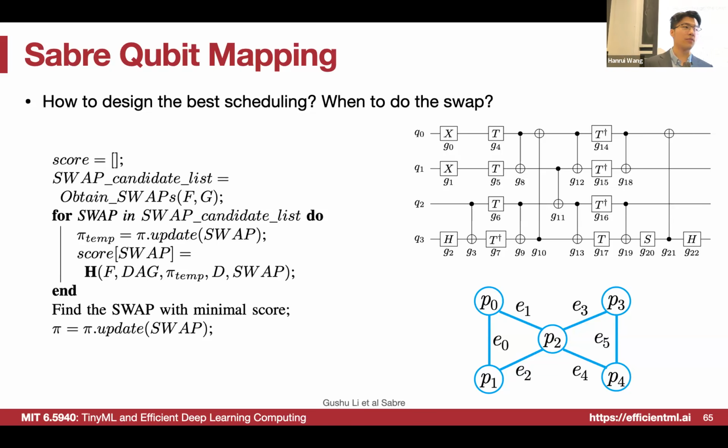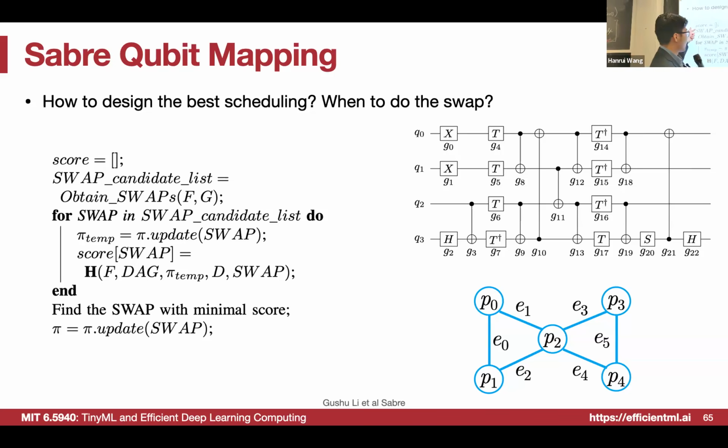So here I want to give a small introduction of the SABRE qubit mapping, which is the standard, default mapping if you're using an IBM quantum machine. If you're constructing any circuit and give some topology map, and you are using this qubit mapping, it depends on a small greedy algorithm, a heuristic. That means initially we can map those qubits randomly to the circuit. Maybe just according to the index here, I map Q0 to P0, right? And then Q1 to P1, and all the way for the other qubits.